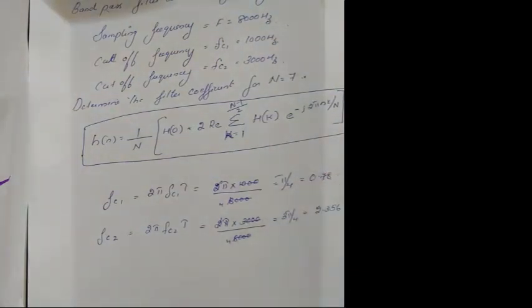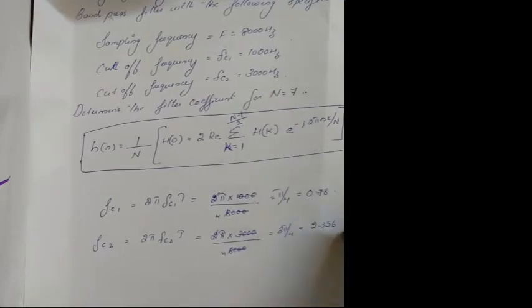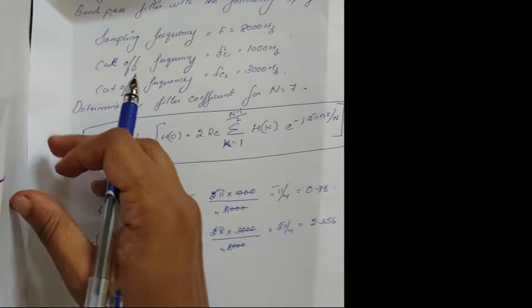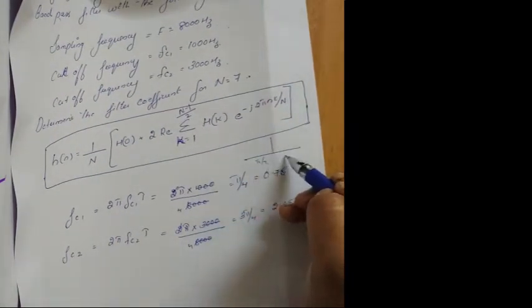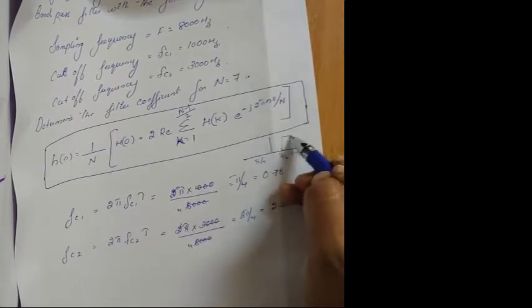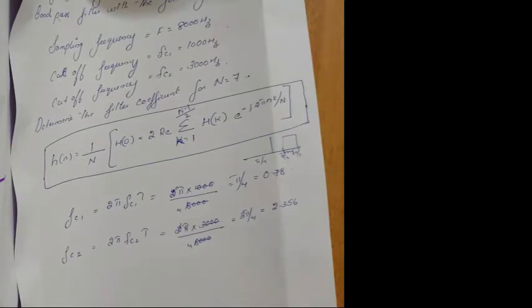This is the first thing you have to find. Sometimes if it is a low pass filter, π by 2, π by 6, whatever is given, first you have to find the value. Then you have to find which samples will be inside that. So your constraint will vary from π by 4 to 3π by 4. This will be your range. So you have to find what all samples will be inside that.